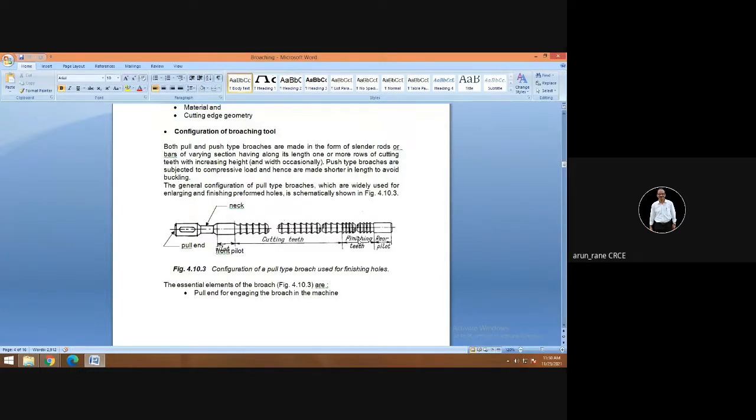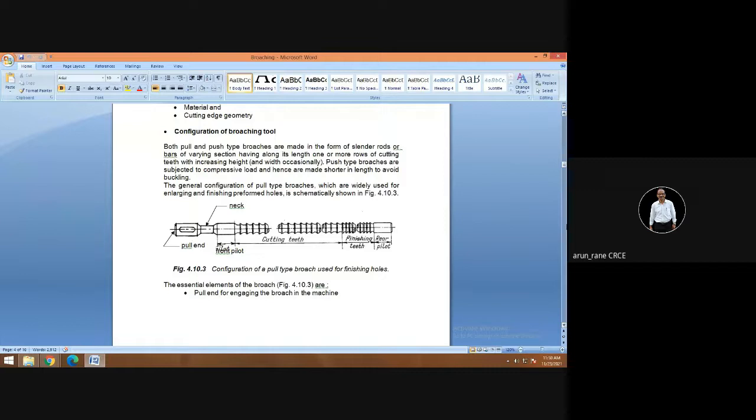a good finish. As an example, take a 20 dia hole, and the broach length, see, this is the broach length. Why are we considering the broach length, and why not the length of the hole? Because this broach has to pass completely through the hole, then only the broaching can be completed. It is not like a reamer. If you are using a reamer, then the reamer will pass through the length of the hole to be reamed, so 50 mm. Even if you have a reamer of say 150 mm long, you are not going to pass the complete 150 mm reamer. You are only going to pass a 50 mm portion. So that's why for machining time on a reamer we are considering only 50.